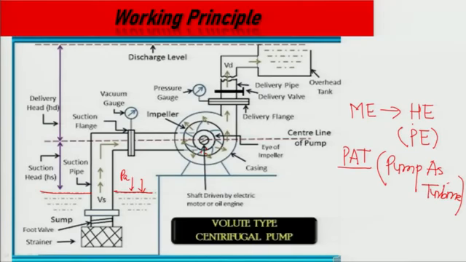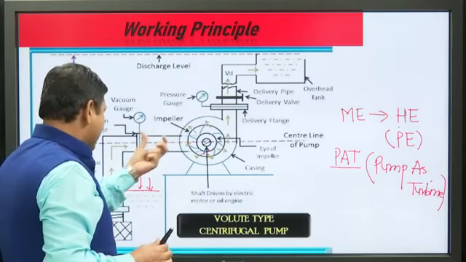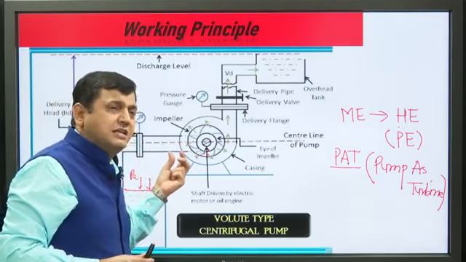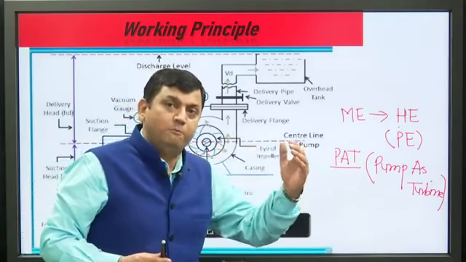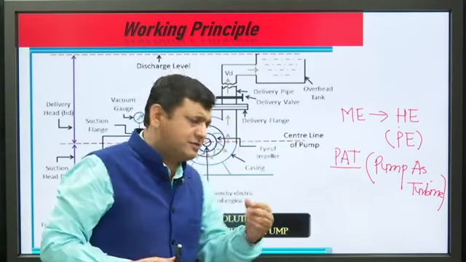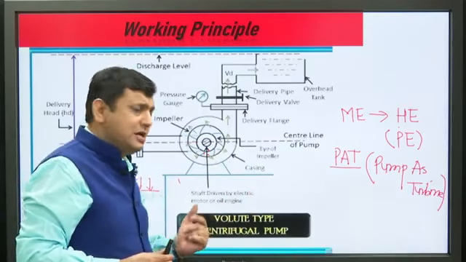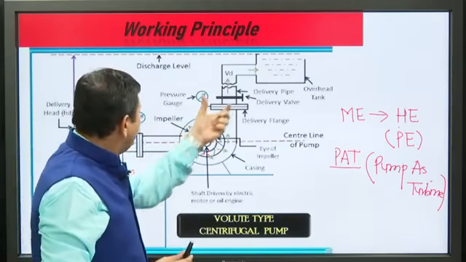If you see the diameter, the suction pipe diameter is higher than the diameter of the delivery pipe. Why? If the diameter is higher, we minimize the different types of losses. If fluid is flowing in a pipe, there are many losses. The major loss is friction loss, and there are many minor losses, such as valve losses. To avoid these, we make this diameter somewhat higher than the delivery pipe.